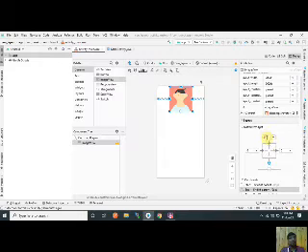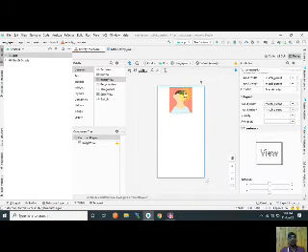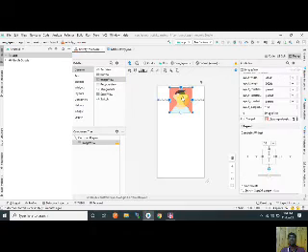I change the value to 10, and you see that this image view automatically moves down by 10 dp. I want to change it according to that, so I give 30, and the size 30 is automatically adjusted here.